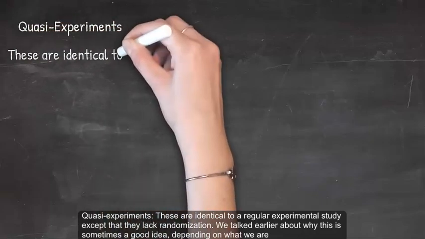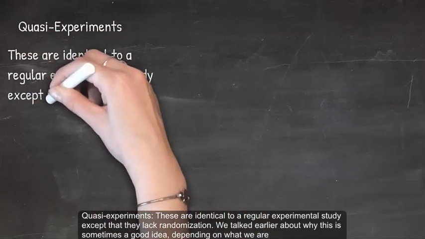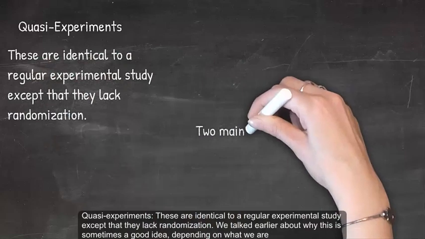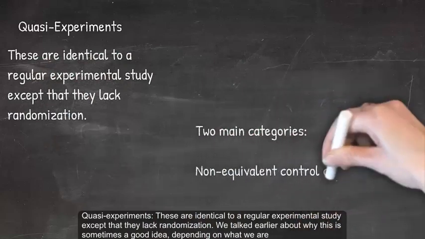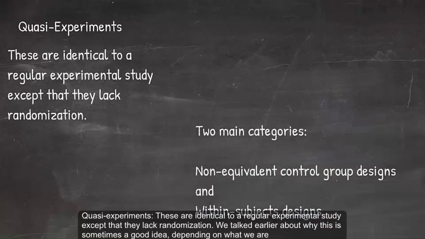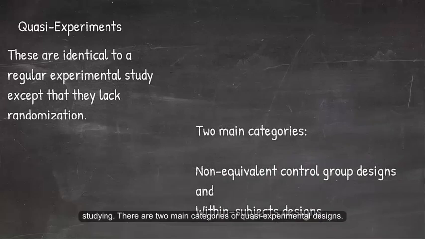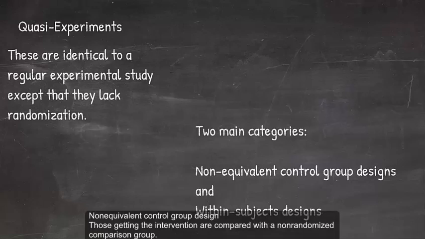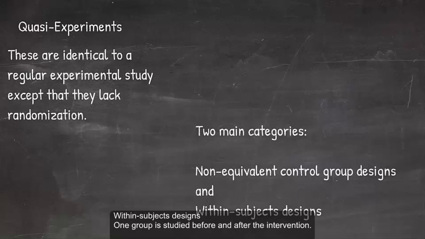All right, quasi-experiments. Now, these are identical to a regular experimental study, except that they lack randomization. We talked earlier about why this is sometimes a good idea, depending on what we are studying. And there are two main categories of quasi-experimental designs: the non-equivalent control group design, meaning those getting the intervention are compared with a non-randomized comparison group, or within subjects designs, and this means one group is studied before and after